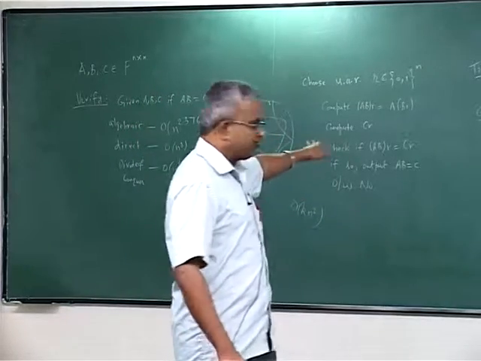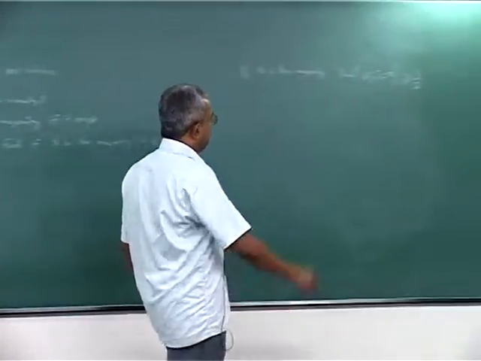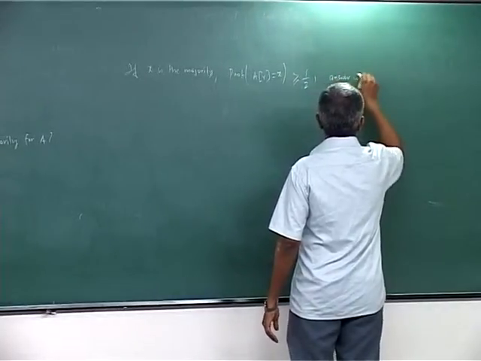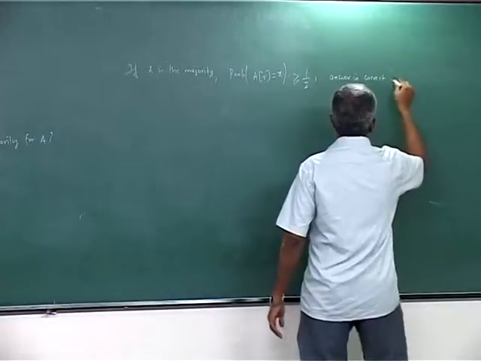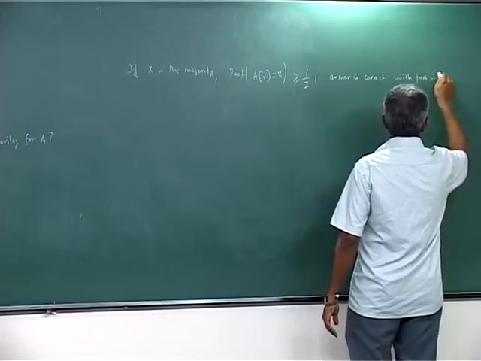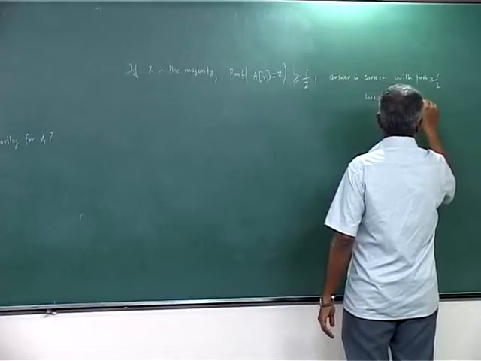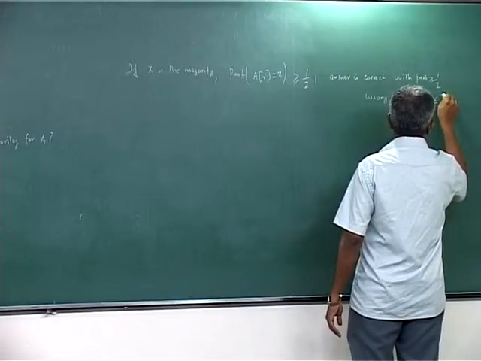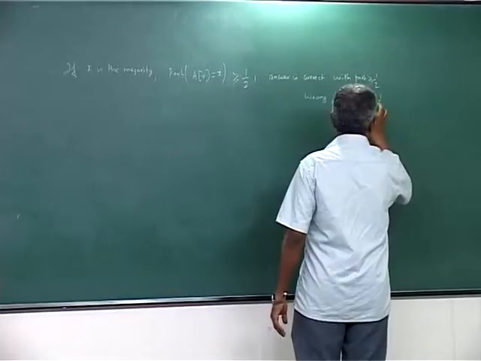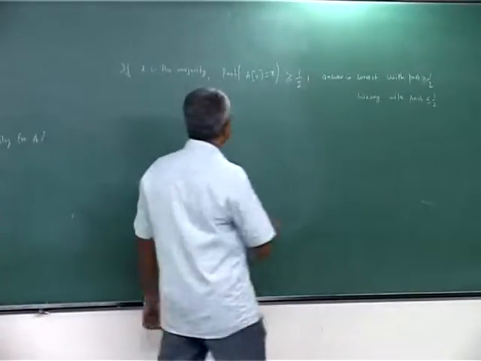Now, just as we had two different scenarios before, you have two different scenarios here. If x is majority, the probability that a of r equals x is at least half, and hence the answer is correct with probability at least half, and wrong with probability less than half. In fact, we can say that it is strictly more than half because we have n by 2. This is what we have. What happens if x is not majority?